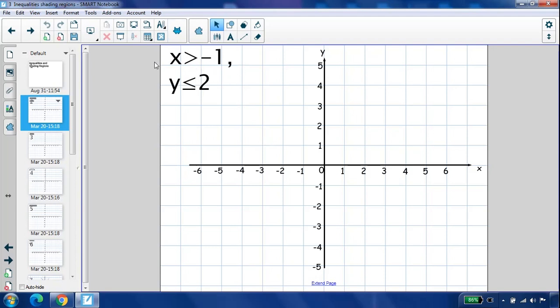So if we look at x is greater than -1, I'm going to be using the knowledge that this line is x is equal to -1. And I've got to think about the sign. So I've got a greater than sign, and because it's greater than, the function is not included in the region, and so I need to use a dotted line. I'm going to label it,